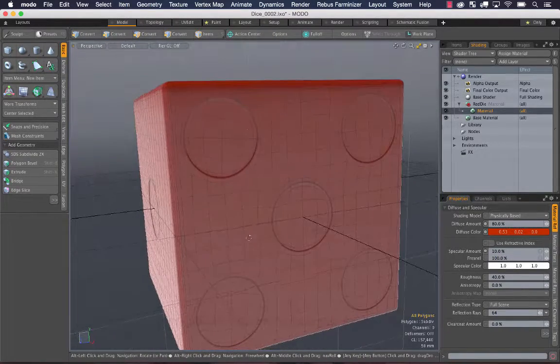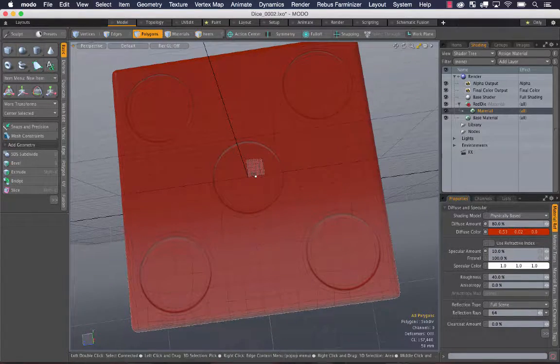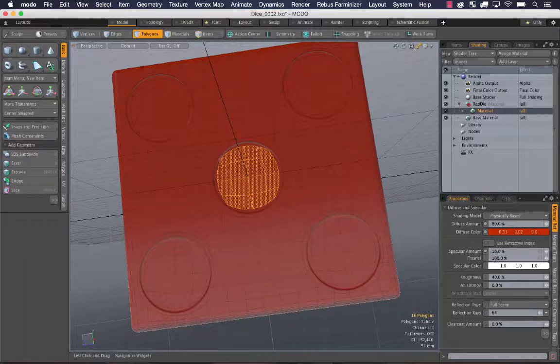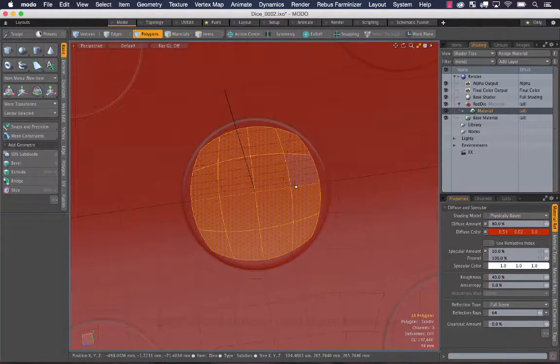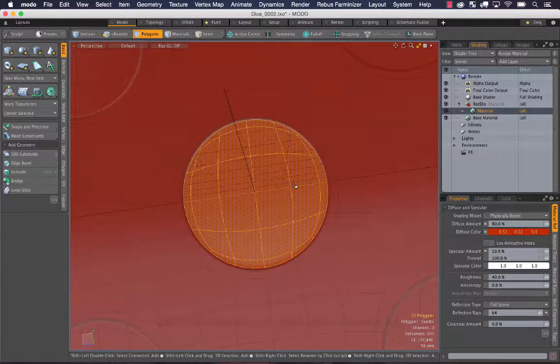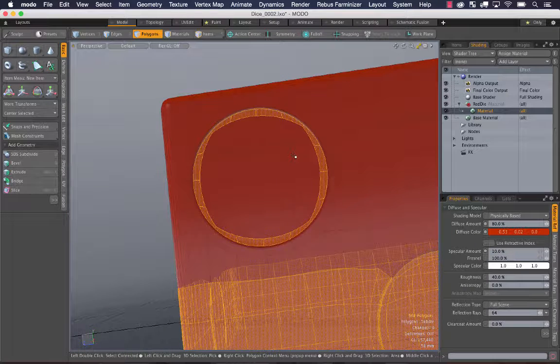All right, so now to create the holes in here. What I showed you earlier was just selecting those areas, because there's a lot of parts within Modo that we can't show everything in one tutorial, but I just want to give you a quick overview. If I hold the Shift key and use my up arrow, I expand my selection. So that's a great way to select things. But there's another new way in Modo 901. So I'm going to hold the Shift key, select two polygons on the edge here, press L for loop,